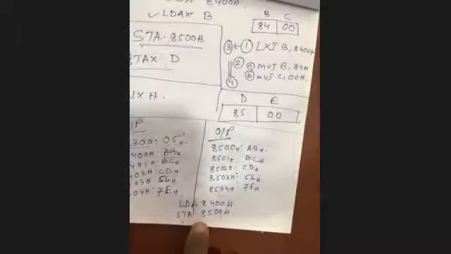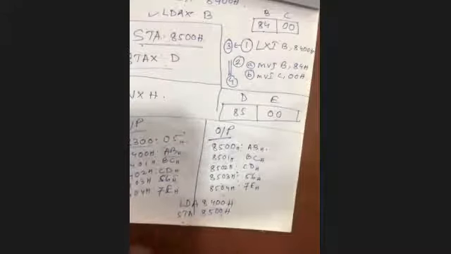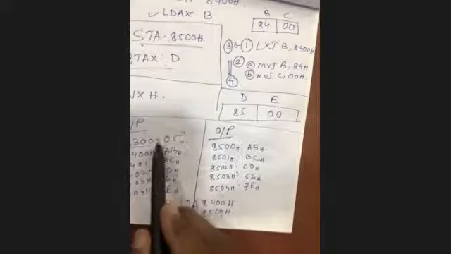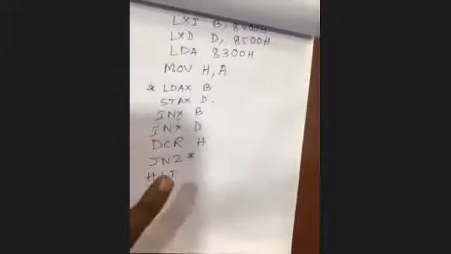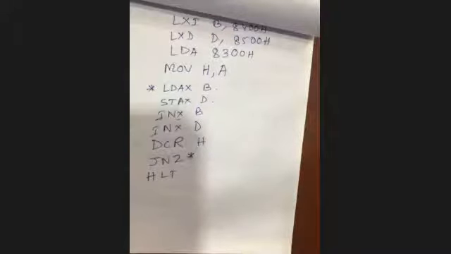If I am doing this kind of thing with LDA and STA, it cannot be possible, because if this is 5, then I can write a program. If 10, there is another program. If 7, there will be a different program. So it will not be possible. Only this program is possible. Is it clear? Yes, sir.